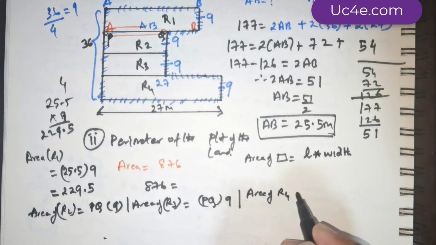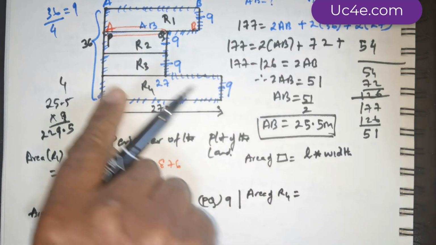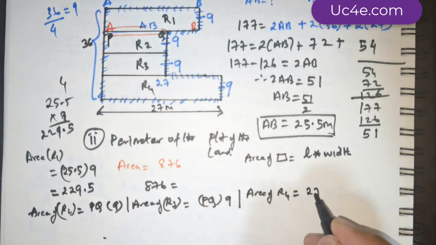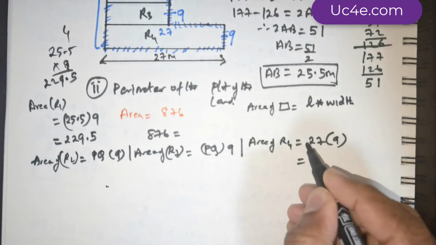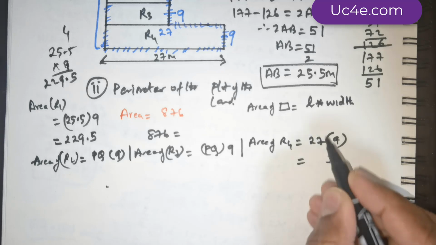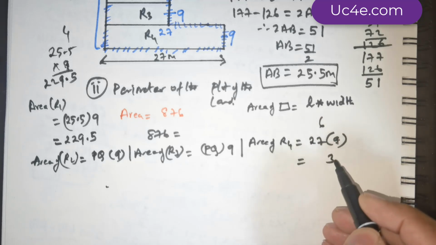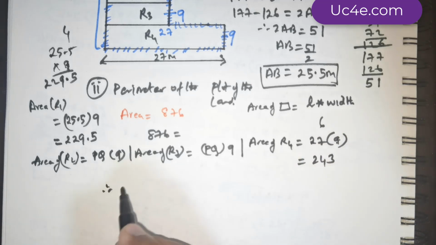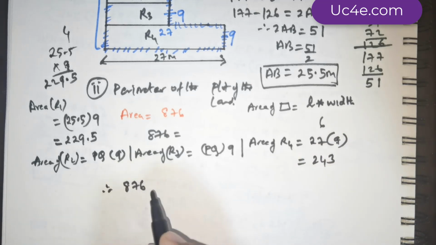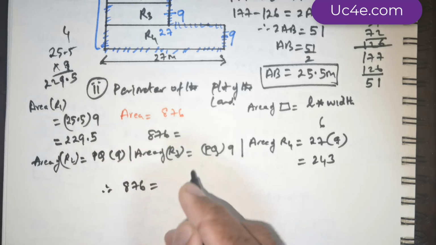Next, the area of this R4. So area of R4 is equal to 27 times 9. How much is that? 9 times 7 is 63. You carry 6. 9 twos are 18. Added with 6, that's 24. 243. So therefore, we can now write that as 876 is equal to